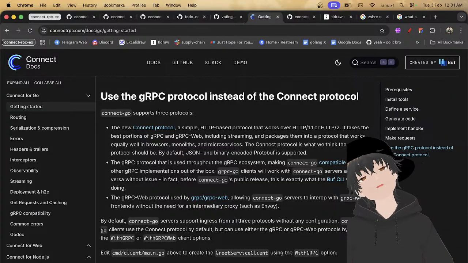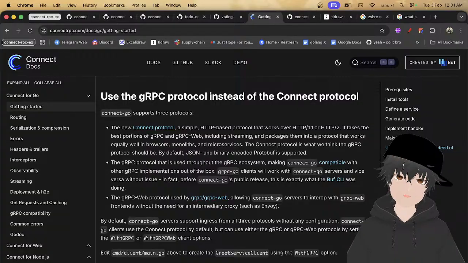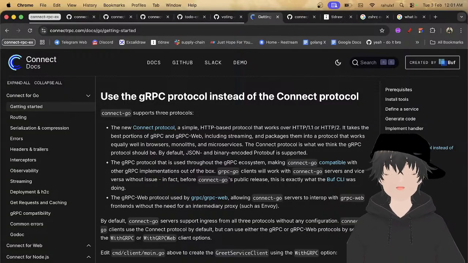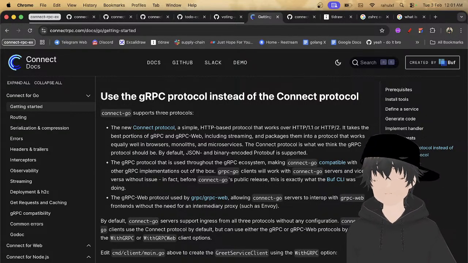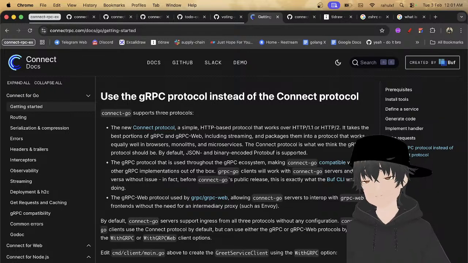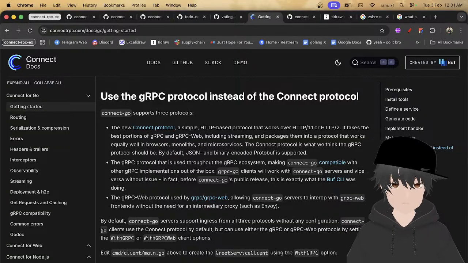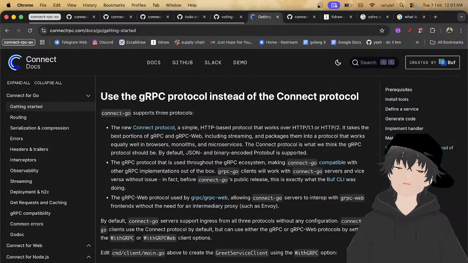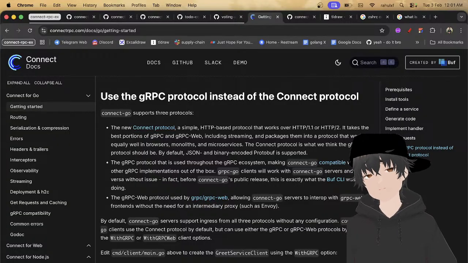The new Connect protocol is a simple HTTP-based protocol that works over HTTP 1.1 and 2. It includes streaming, packaged into a protocol that works equally well in browsers, monoliths, and microservices.